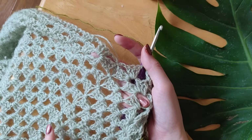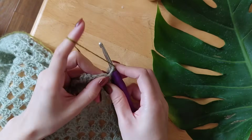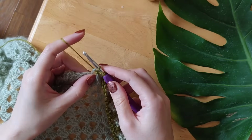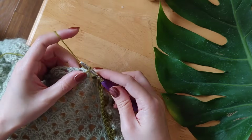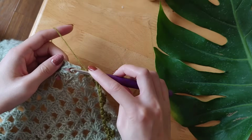And here's that joining line in all her glory. First we're going to work a double crochet stitch into this corner chain space, and then yarn over, insert your hook into the same chain space, take out the yarn, yarn over, pull through 2, yarn over, insert your hook into the next chain space, yarn over, pull through 2, and yarn over, pull through all 3, and then work